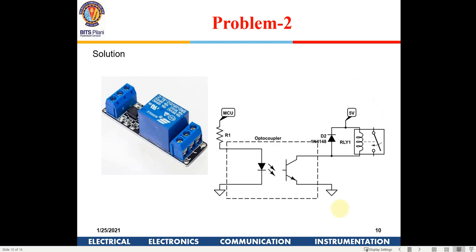So if you are going to design a circuit, it is better to use an optocoupler from the microprocessor. You don't directly connect loads. You always use optocouplers so that your microprocessor remains safe from the switchings happening in the output circuit and high voltage switchings. Here you could have a 230 volt system operating, whereas this is a 5 volt operating system, and this will totally isolate the microprocessor output pins from the loads you are going to connect. So you can operate an AC heavy motor using these optocouplers.